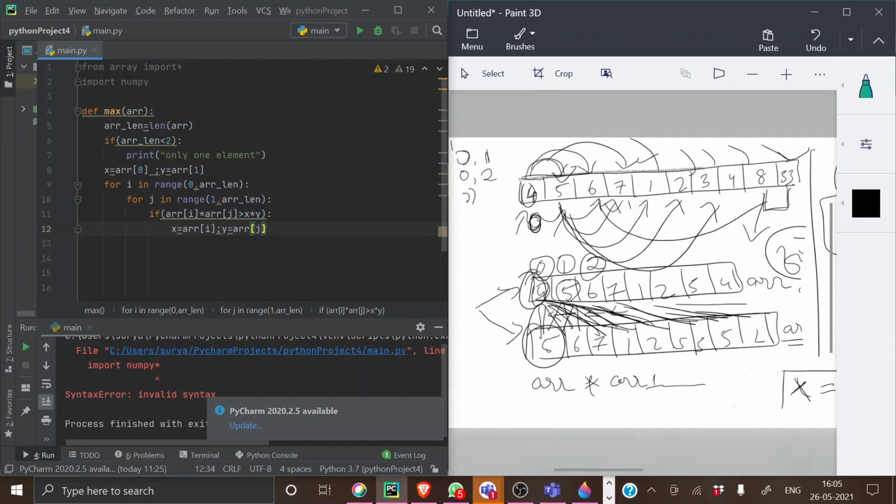In the sense, how will this help the whole process? We are assigning the highest values to x and y. So later on, when we are multiplying x and y, we'll get the biggest numbers. Yeah, exactly, maximum.